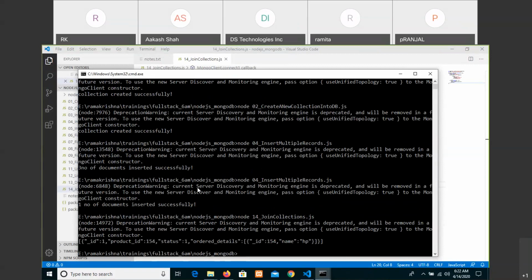So product ID 154, and status and ID. What is the table? It is an order.